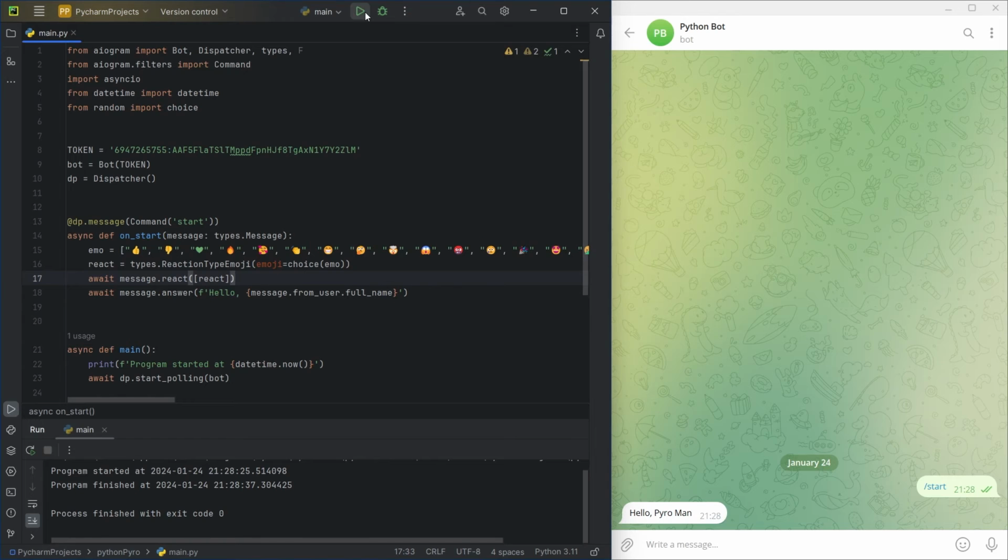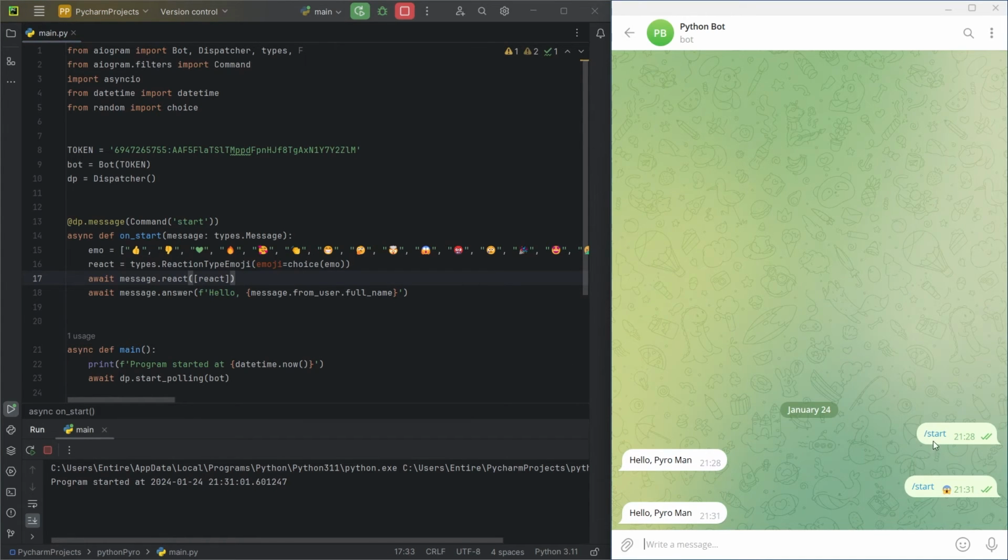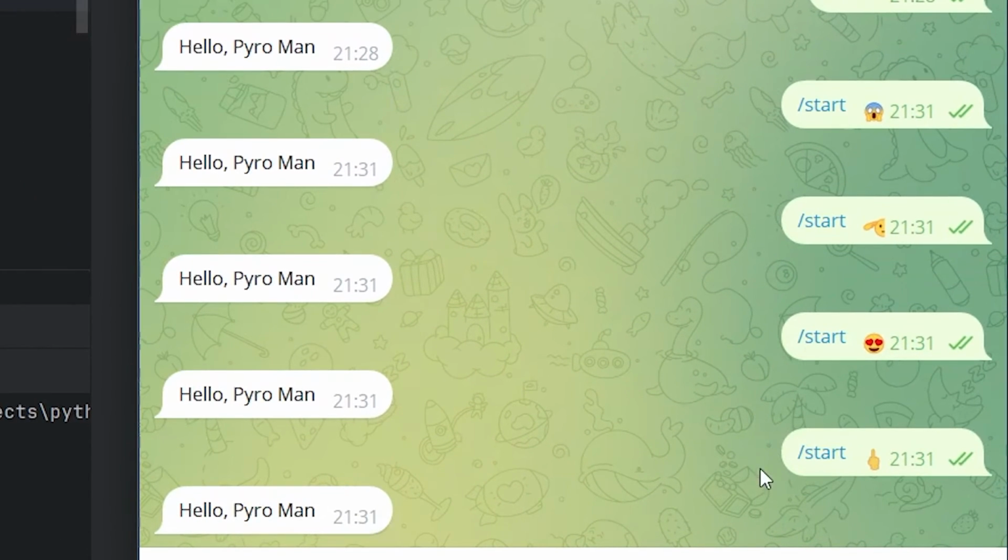It's time to check the code. Wow, everything works. But this part is unnecessary,